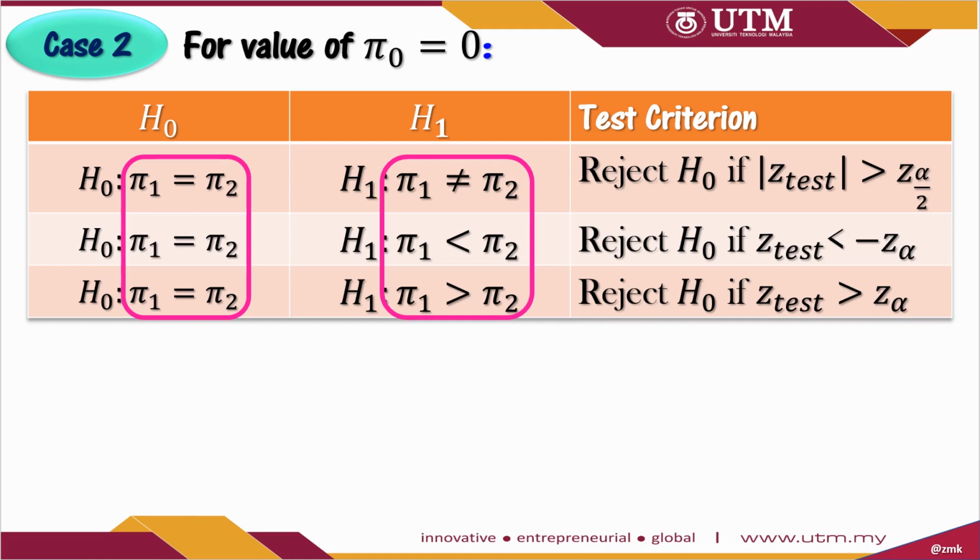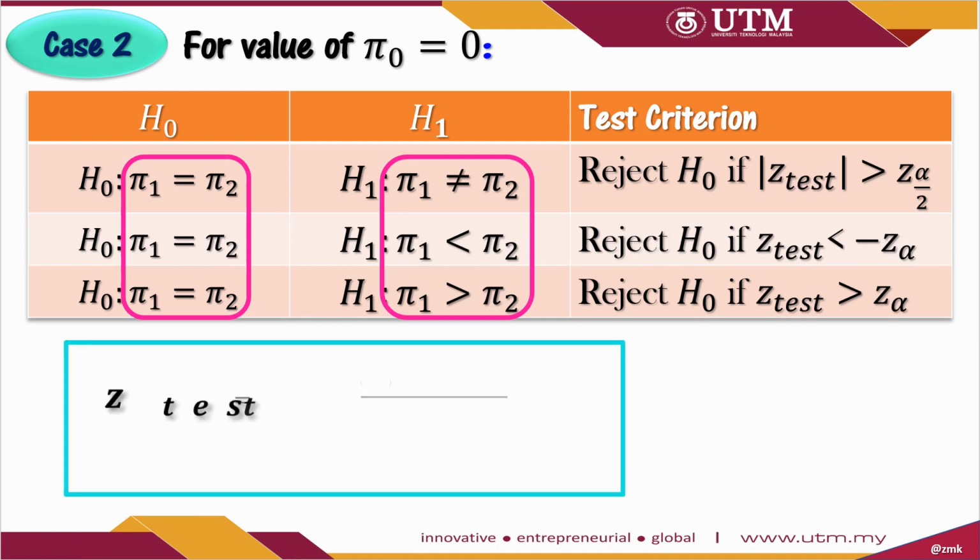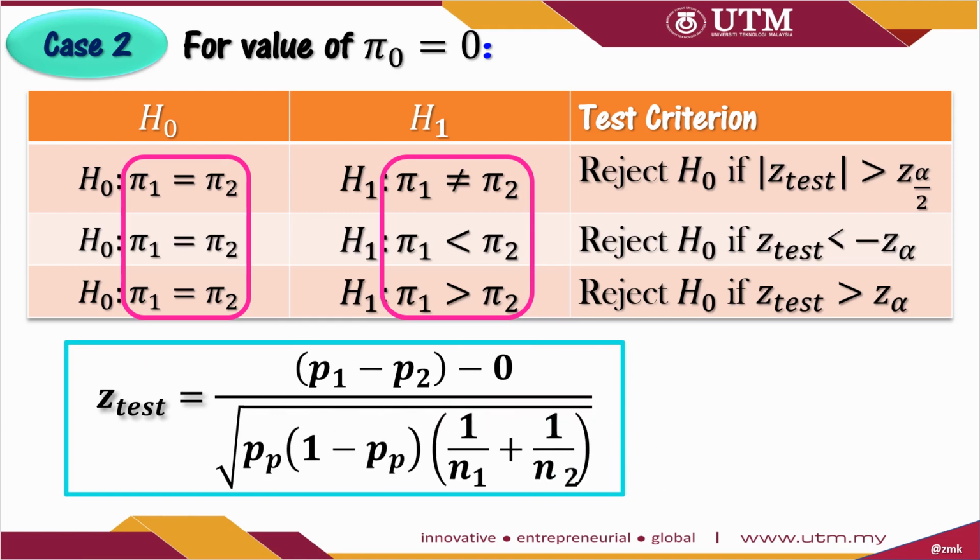Notice also that we still use a z-test statistic, but now its definition is modified by taking into consideration that we actually have the assumption of equality of proportions under H naught, where pi 1 is equal to pi 2. In such a case, the modified z-test statistic is given by z-test equal to the difference between the two sample proportions p1 minus p2 minus 0, which is the value of the difference between pi 1 and pi 2 under H naught, divided by the square root of p sub p